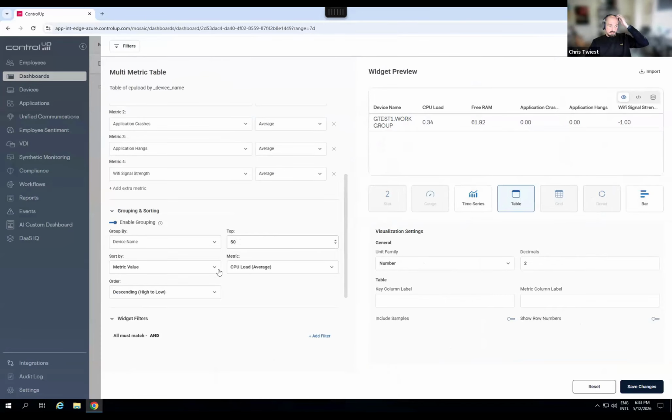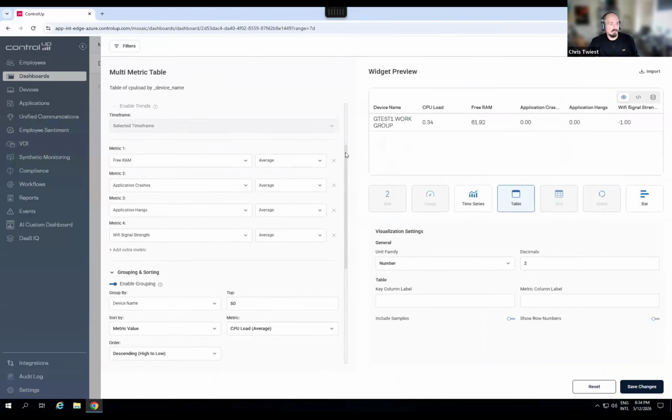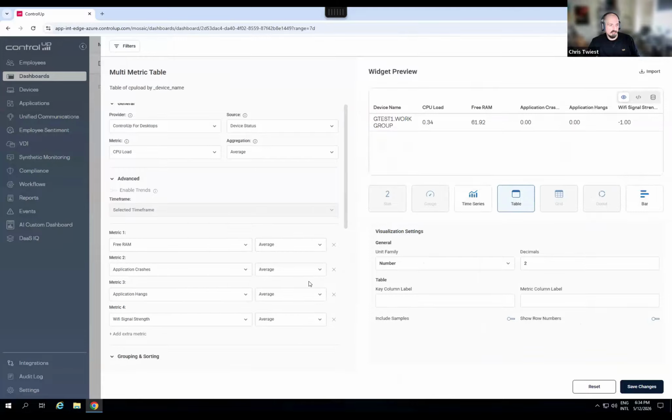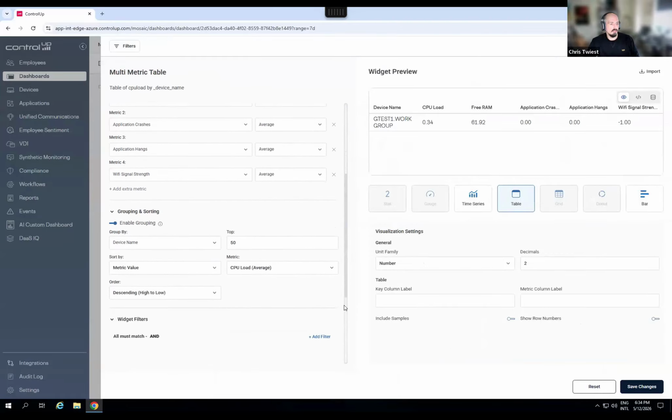a top 50. And then in the group by, you can also say group them by one of the metrics that you've chosen. So that means it's grouped by CPU. So if I would have multiple devices, I'm grouping them by CPU. They will be sorted on the CPU. So multiple metrics in the table. I know a lot of people have asked for it. With multiple aggregations, multiple ways to aggregate it. I think that's super, super cool that we're adding it.